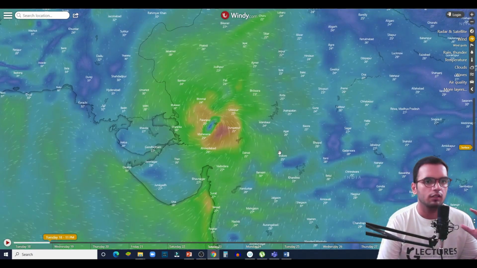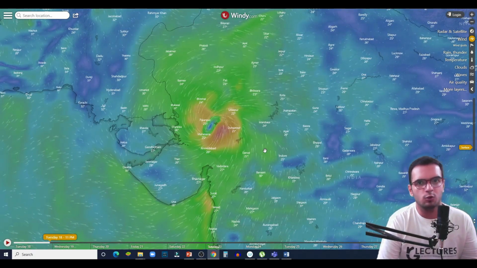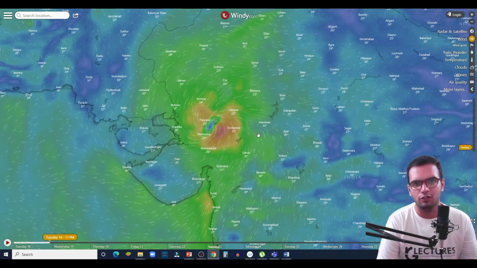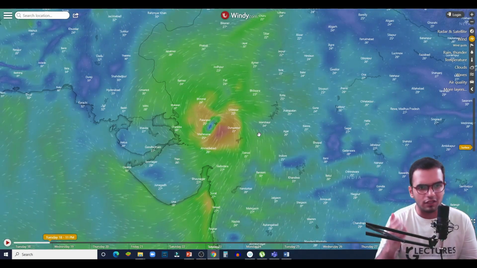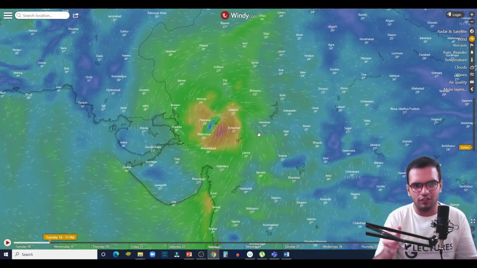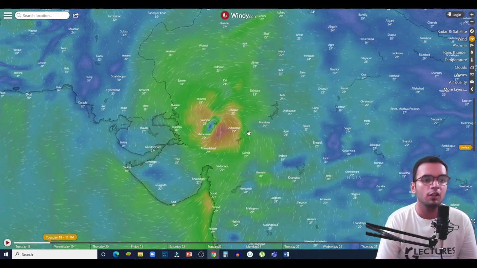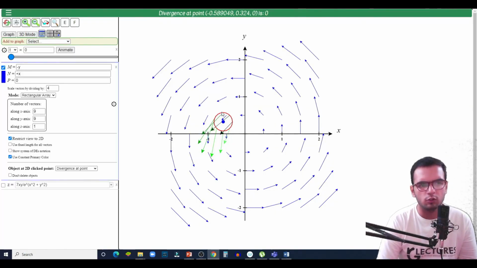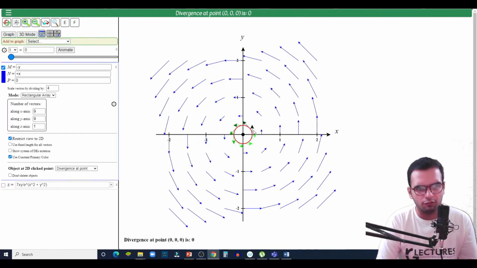Now in graduation, we consider a vector field instead of a vector. So what you are seeing here on the screen is a vector field. Simple. So in mathematics, what we do is we consider a vector field. This is a vector field which is represented by the equation minus y x cap plus x y cap. What we do is we study this vector field.